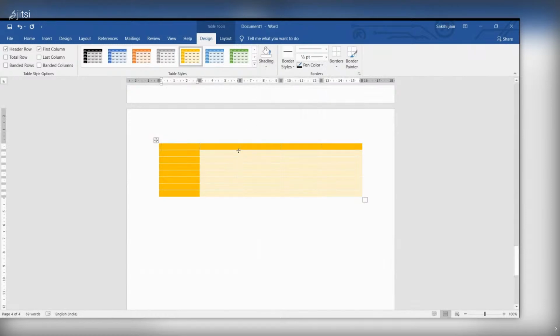Now here's the shading part. If you want to fill some color, for example, in this row, I